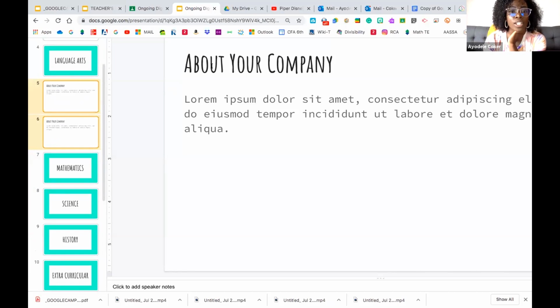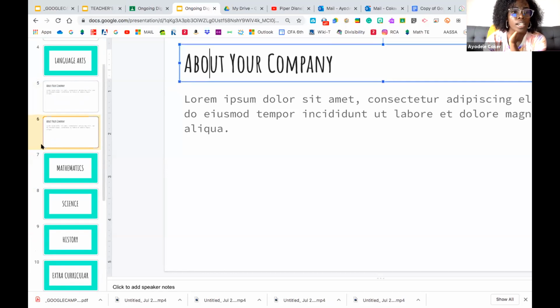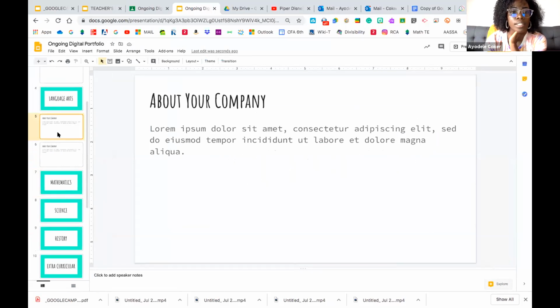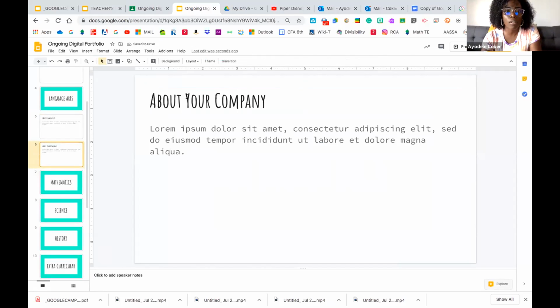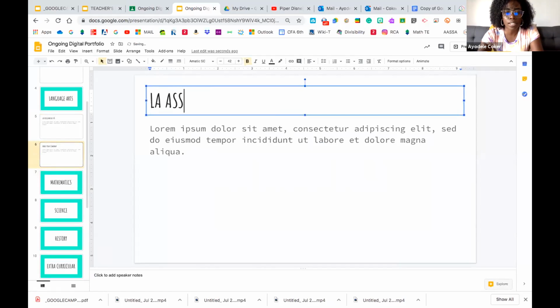Now I'm going to change the typing in each one. And just for simplicity's sake, we're gonna call this language arts assignment number 1, okay? And the next one we're gonna call language arts assignment number 2, okay?